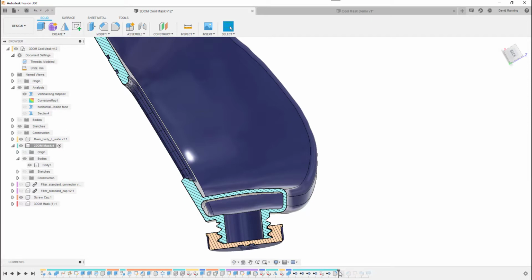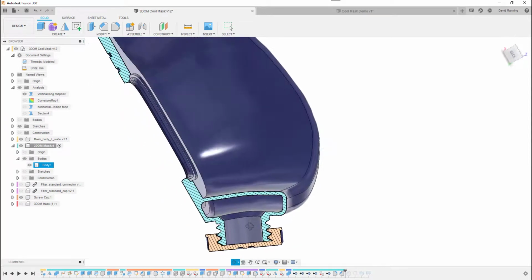Now the next thing I did, I wanted to chamfer the inside of the nozzle. It doesn't really need to be sharp or chamfered necessarily. This makes things a little bit easier when you're trying to get anything out of it, and just makes it a bit more tidy, I think. It takes up a little bit less material. So I just chamfered that inside of the nozzle while I had it sectioned, and I did another chamfer there